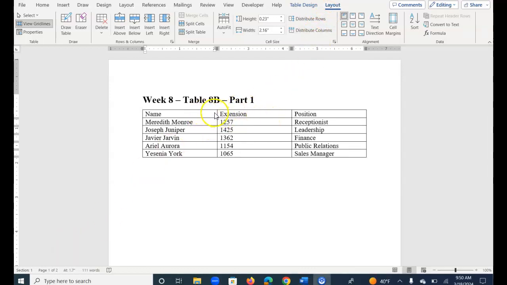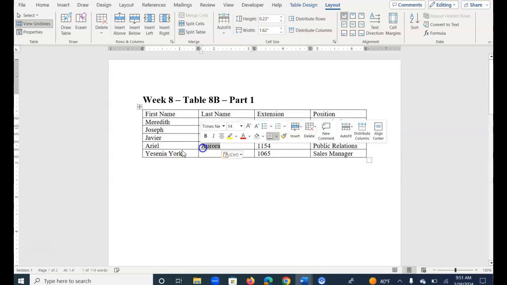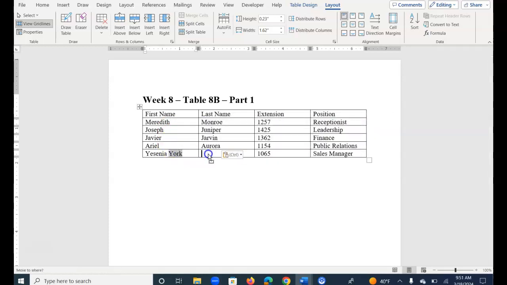So now you need to add a new column. So again, you can select from here, and this one will be first name, and this will be last name. And if you want, you can just double click Monroe, the last name, and just bring it over. And the same thing for the rest. I'm just dragging it over. And then I need to add one more, and that's